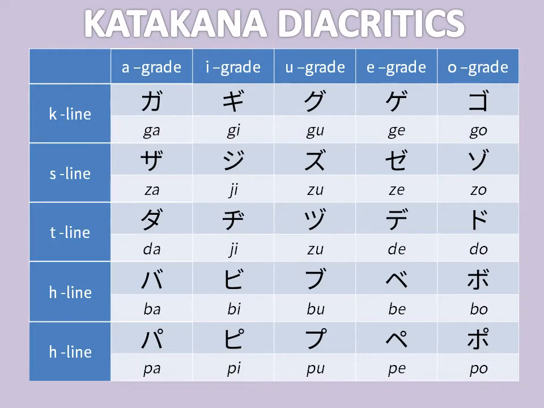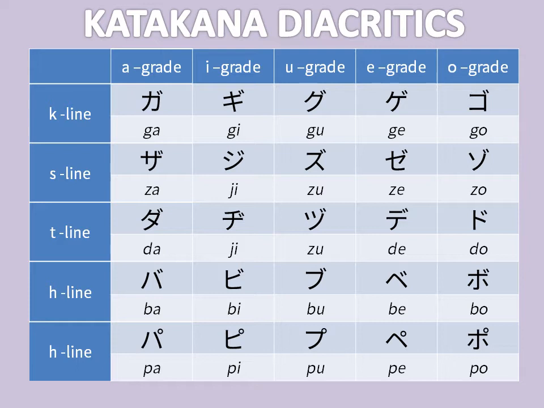Again, similar to the hiragana characters, we have katakana diacritics as well, the dakuten and the handakuten. So if we apply those on the characters as we had discussed, they will change the sounds of the existing character. So let's get started. So the Ka line's A grade is Ka. If you add a dakuten, that is the two slant lines on top right of Ka, then Ka becomes Ga. Similarly, Ki has become Gi, Ku becomes Gu. Ke becomes Ge.